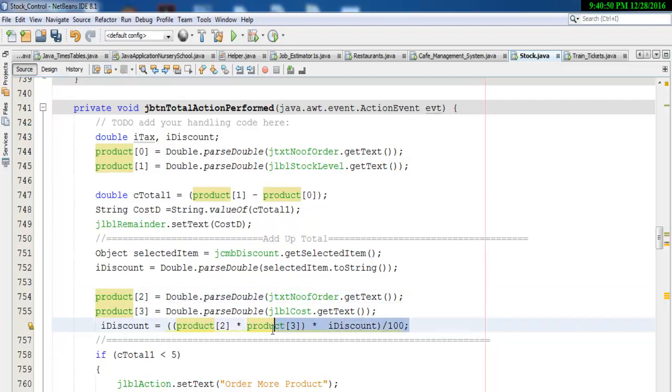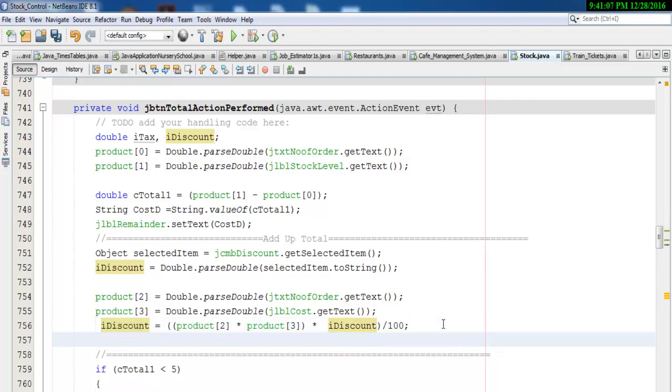Okay, so the discount, if you select 0, you won't get any discount. If you select 5, the discount will be the discount of 5 from the product bought or purchase is stored inside iDiscount. Now the next thing we want to do is product,